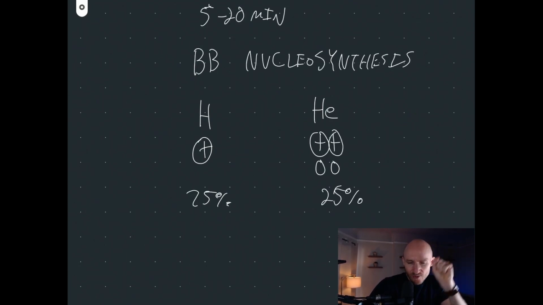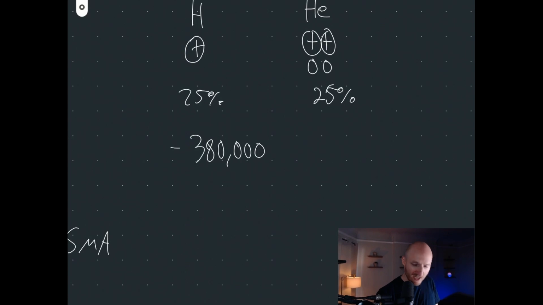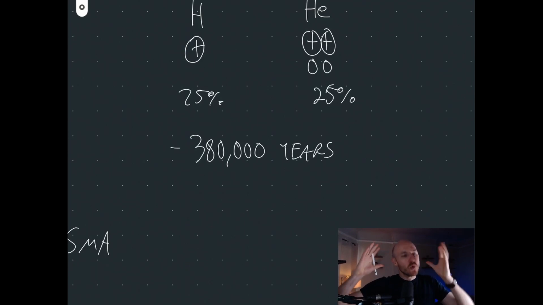We got these hydrogen protons, and then we got these helium nuclei, but they still didn't have the electrons on them. In order to get an atom, you need to have the electron actually going around it. And so eventually, around 380,000 years after the Big Bang, it became cool enough for the electrons to exist around the nucleus. That was a beautiful moment, and it's called recombination.